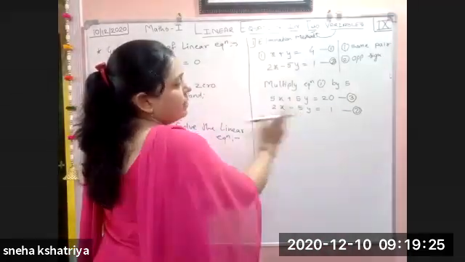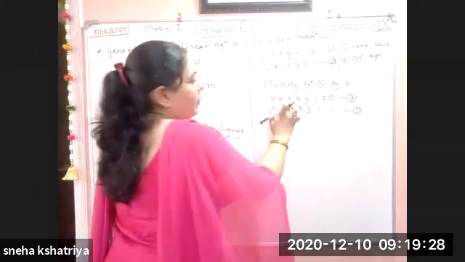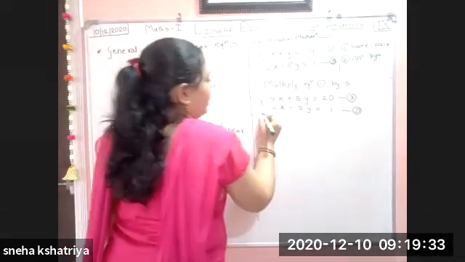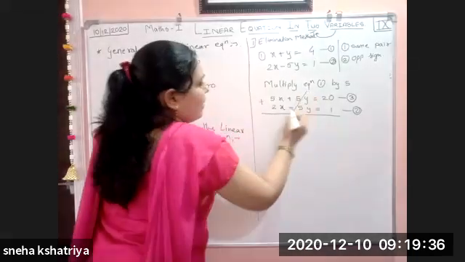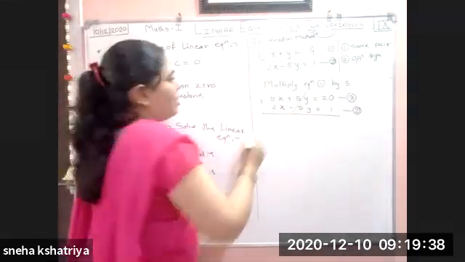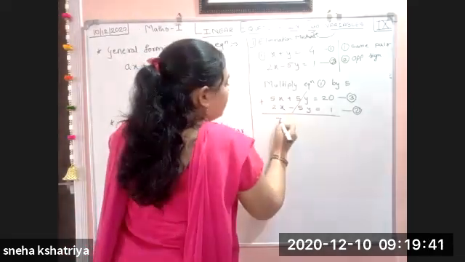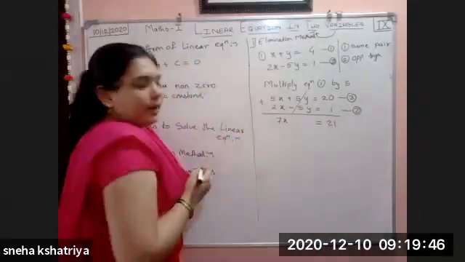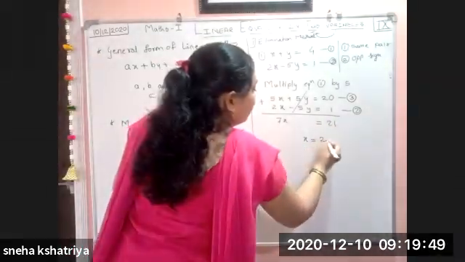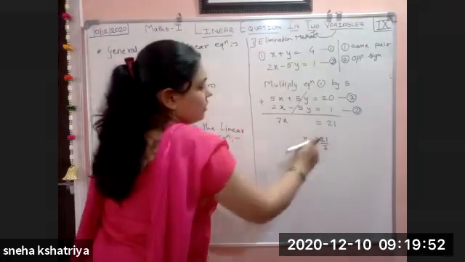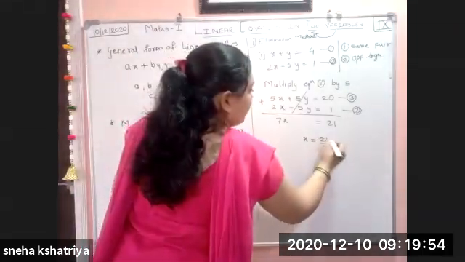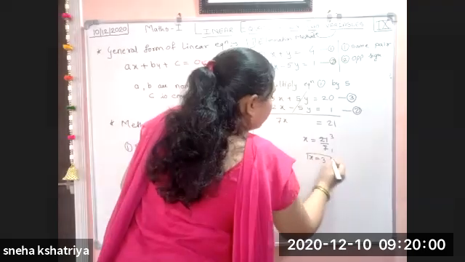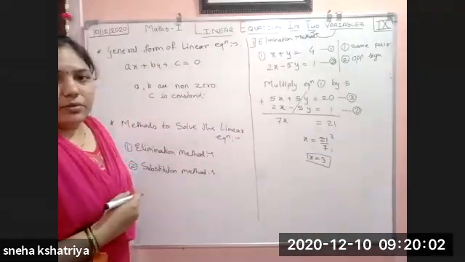Now see here, 5y and 5y, the same pair is there and the opposite sign is also there. So if we add them directly, what do you get? Plus 5y and minus 5y get cancelled. 5x plus 2x, how much? This will become 7x, which is equal to 20 plus 1, that is 21. So we get x is equal to 21 upon 7. 7 threes are 21. So you get the value of x is equal to 3.